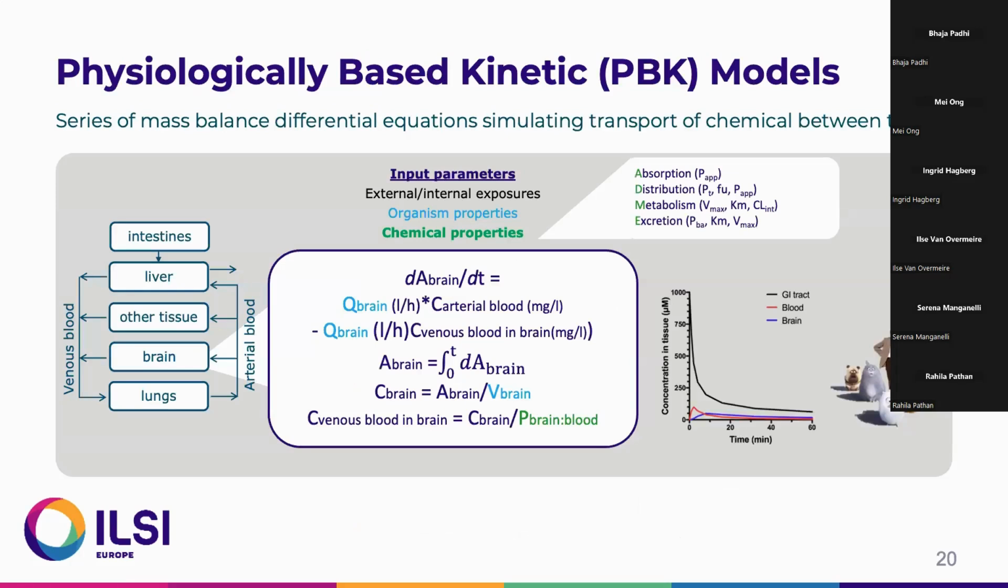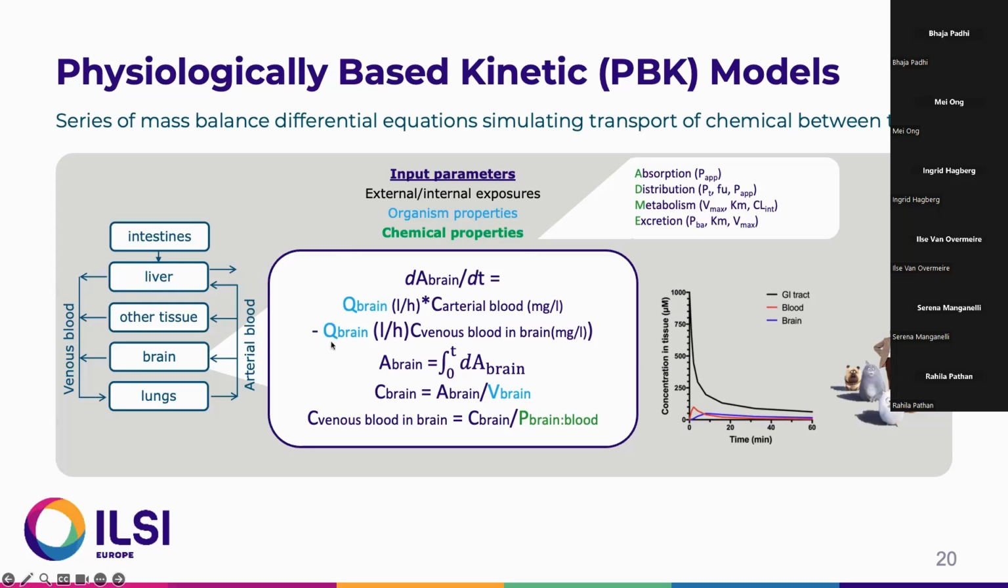So this is why we use physiologically based kinetic models. These consist of a series of mass balance differential equations which simulate the transport of chemicals between tissues. So bear with me, but basically it's a suite of compartments, and they actually represent real tissues. You have your intestinal compartment, you have your liver compartment, and all these compartments are linked together by the venous blood and the arterial blood. And the chemical would come in here, and you estimate the change in the concentrations in each of these tissues,